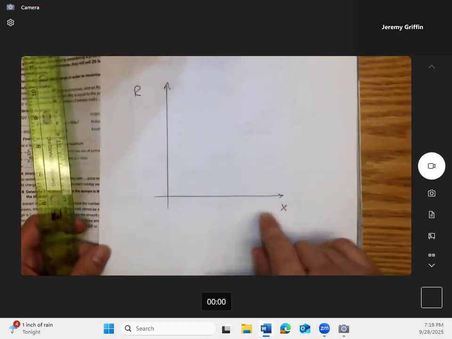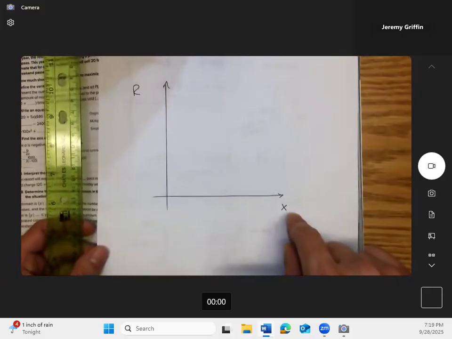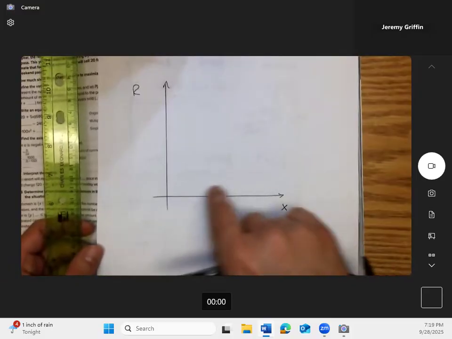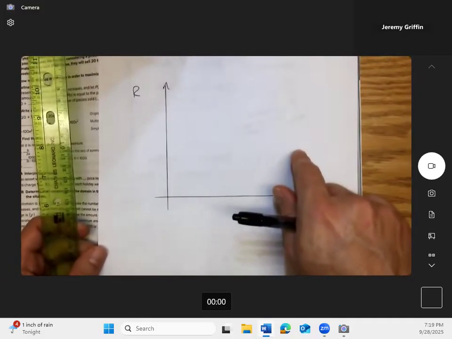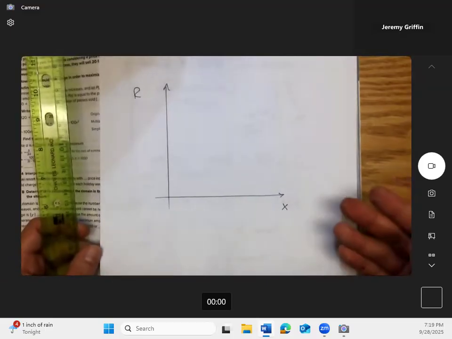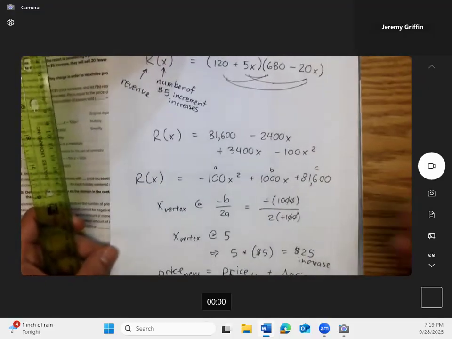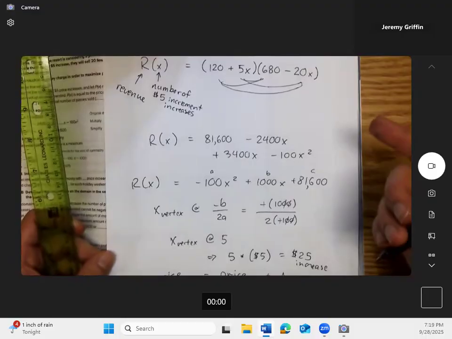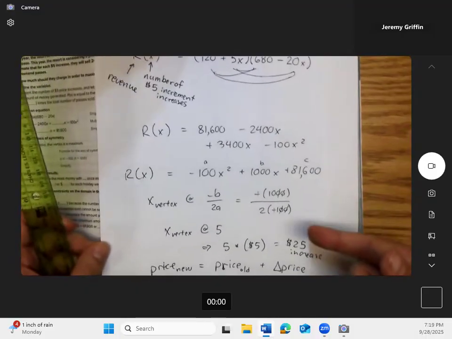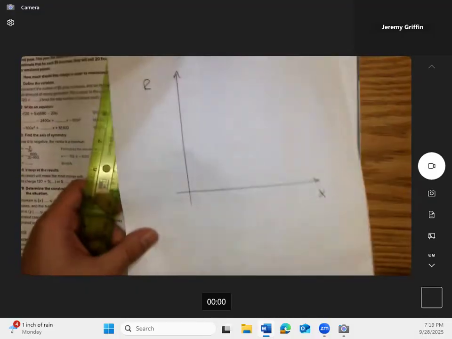Another graph I could make, which would be different, would be what if I put price over here? It would still make an upside down parabola. You could still figure out the optimal price to maximize your revenue. But if I want to model the equation that we made, we put all this work into, and what we're getting in context, this would be in terms of price increases. So five increases,